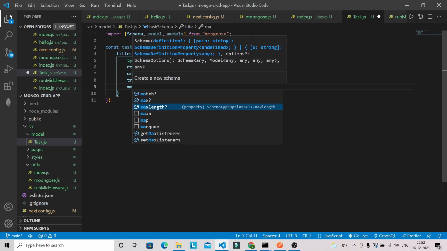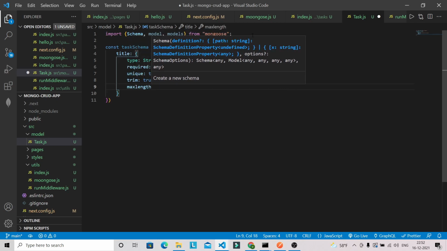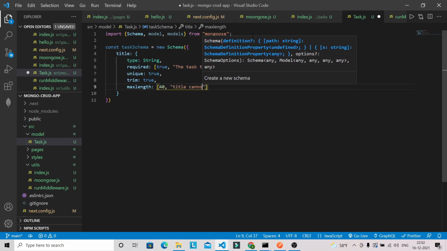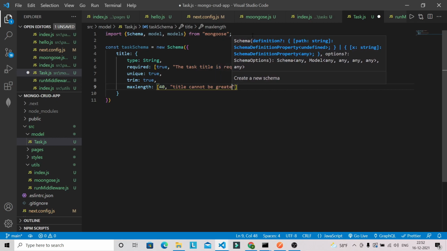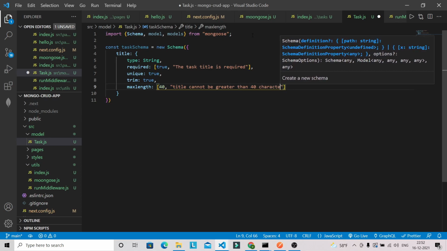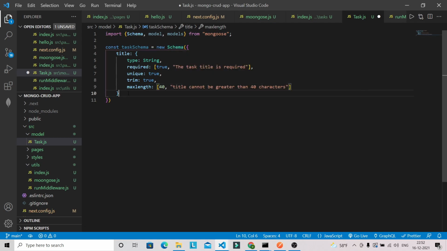Okay, and maxLength we have to specify, so more than 40 are not allowed. So you can specify the message as well, like title cannot be greater than 40 characters. Okay, so you can specify this error message as well.